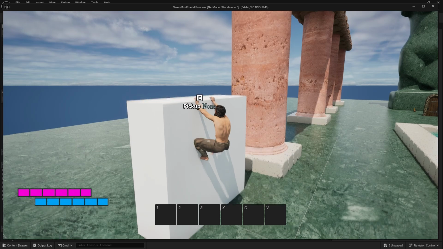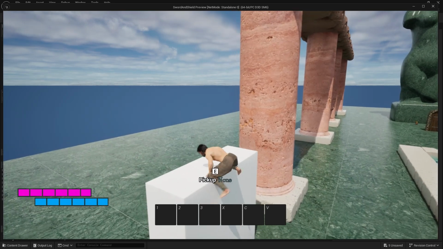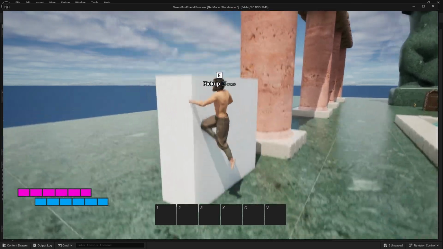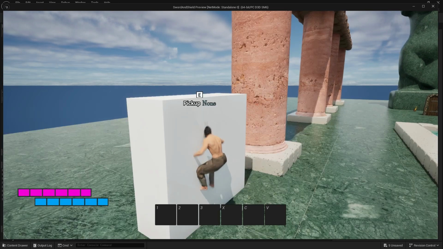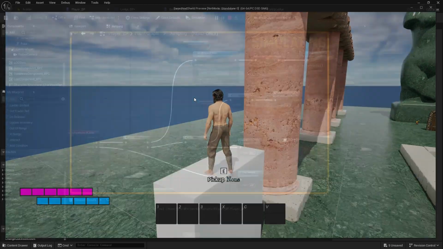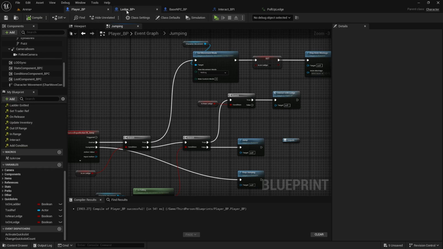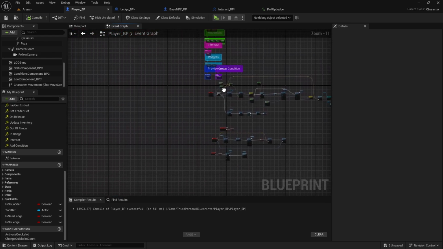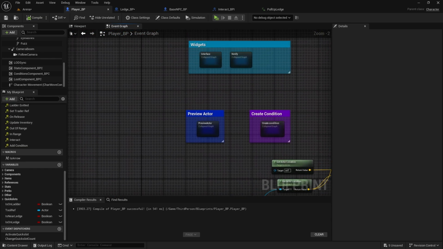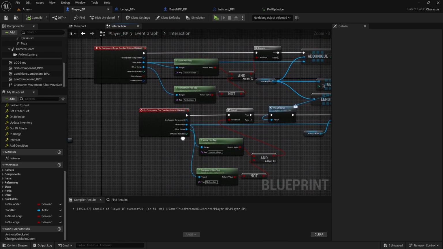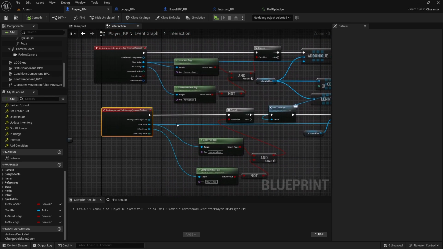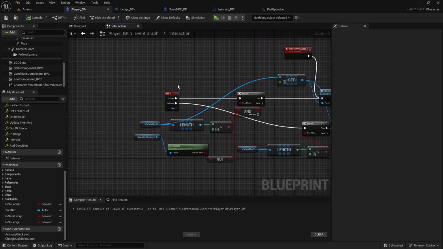And then one more thing is I can actually interact with the wall. So if I climb up and press E, it will position me back to where it was, because it is interacting with that asset. We don't want to do that. So in the event graph and interact, we do have already a lot of stuff here that also needs to be cleaned up a little bit. But here when we press E,